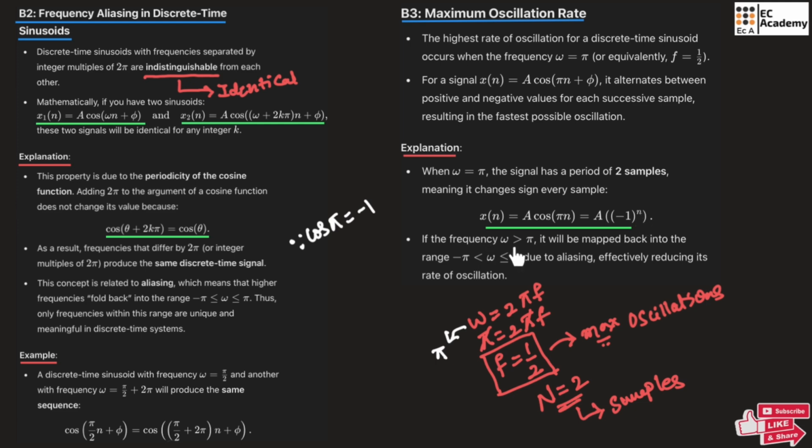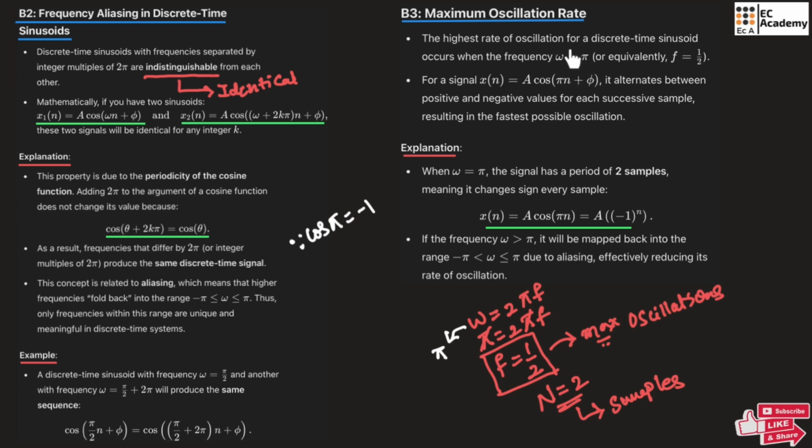If frequency is greater than pi, it will be mapped back into the range omega between -pi to pi due to aliasing. So this will effectively reduce the rate of oscillation. So when omega is greater than pi, this will reduce the rate of oscillations. In this property, you need to remember when omega is equal to pi, we will get the highest rate